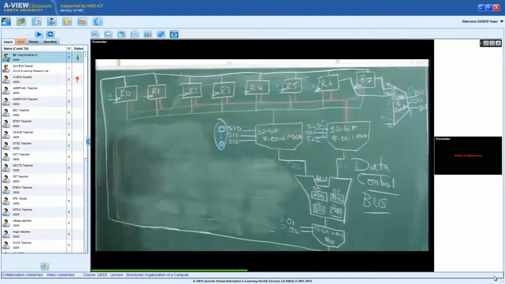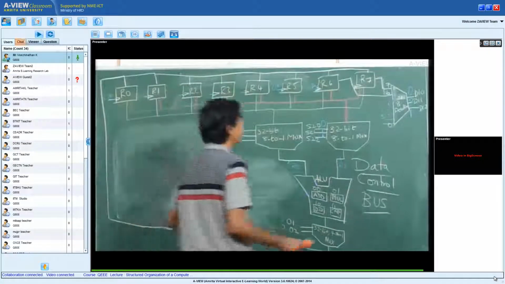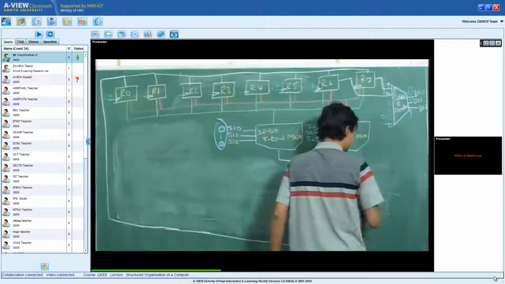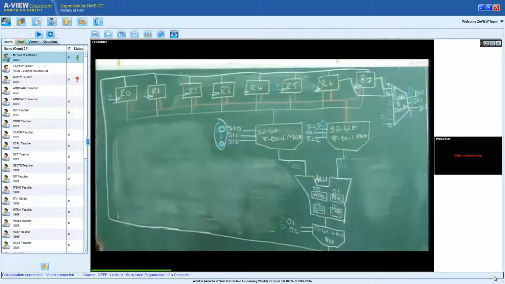When we have a very close look into this microarchitecture, we see three important things.